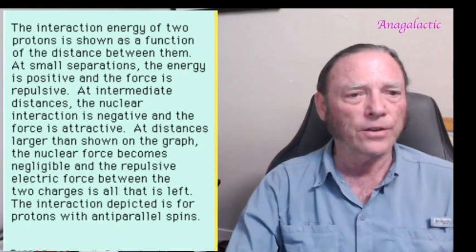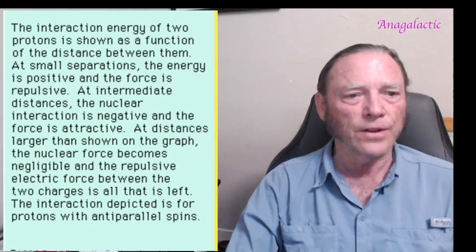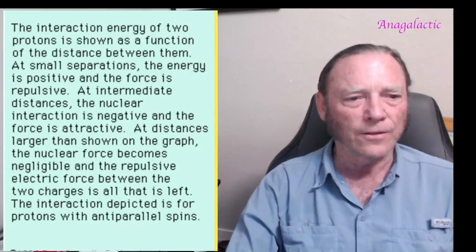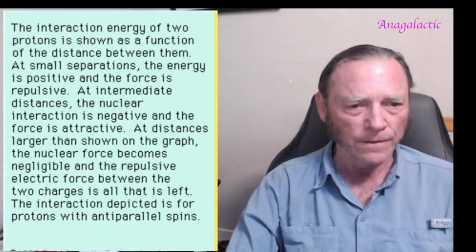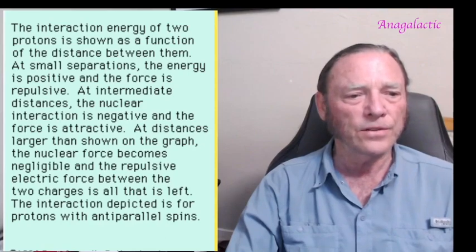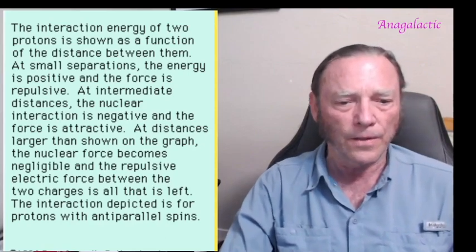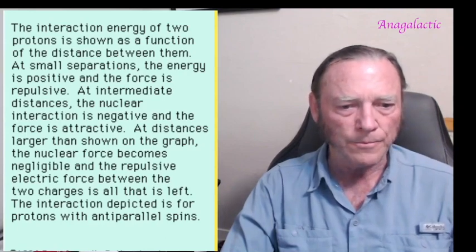The interaction energy of two protons is shown as a function of the distance between them. At small separations, the energy is positive and the force is repulsive. At intermediate distances, the nuclear interaction is negative and the force is attractive. At distances larger than shown on the graph, and here I'm going to expand this,